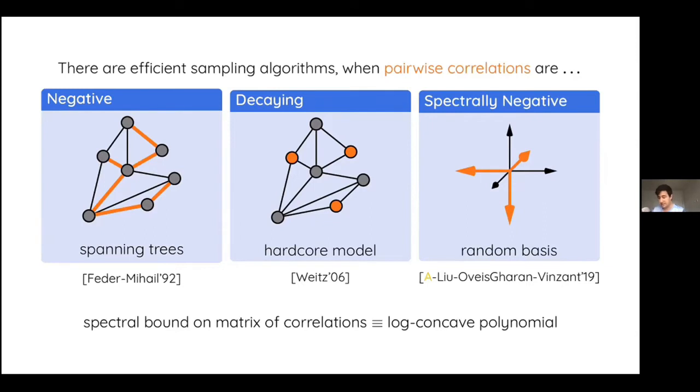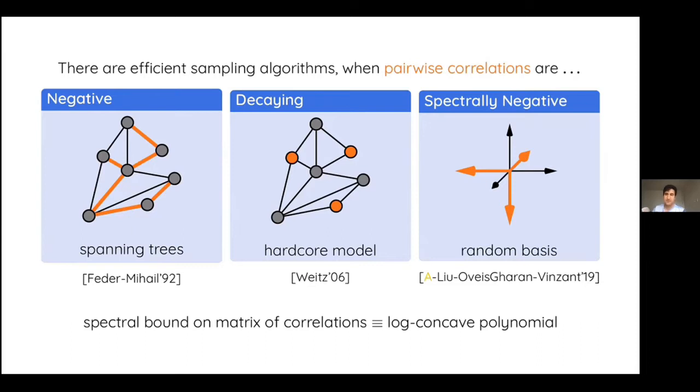so a distribution of this kind basically it was at some point believed to actually satisfy the earlier negative correlation property, but then it was shown that it doesn't in general. But it satisfies something called spectral negativity. So basically a matrix that you can form from the correlations of pairs of things in your distribution ends up being negative semi-definite. But I'll show you what this means later on.